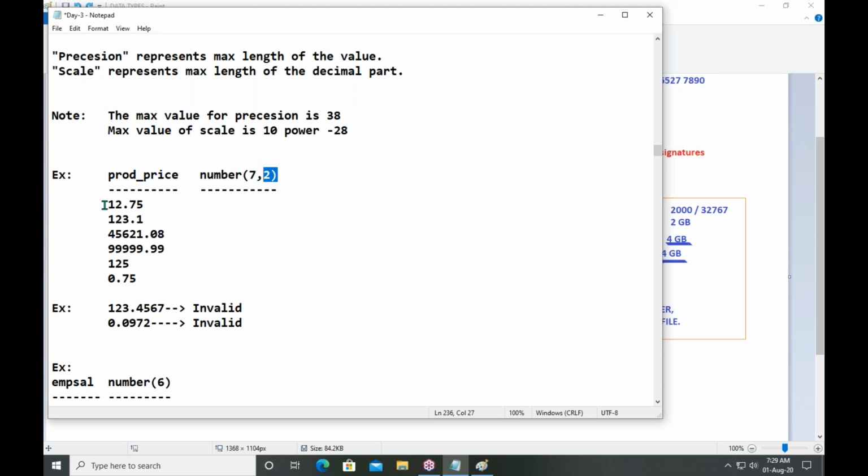According to this, this value is valid because the maximum size is 4 digits and in the decimal part, maximum 2 digits. Yes, valid. Here, precision is 4 and scale is 1. This is also valid. Here, precision is 7, maximum 7 you are saying, so valid, and scale is 2.